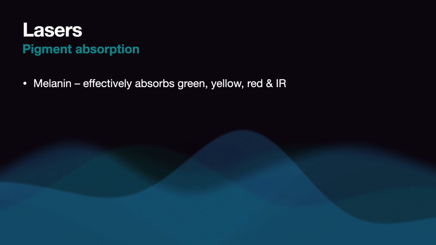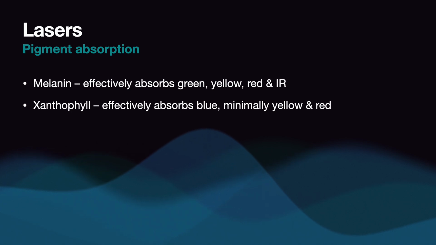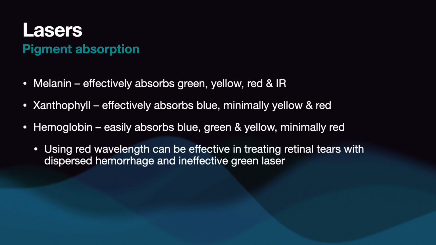And then let's talk about pigment absorption for lasers. We've got melanin, which effectively absorbs green, yellow, red, and infrared lasers. Xanthophyll, which effectively absorbs blue, and then minimally yellow and red. Hemoglobin easily absorbs blue, green, and yellow, minimally red. So using a red wavelength laser can be effective in treating retinal tears with dispersed vitreous hemorrhage when the green